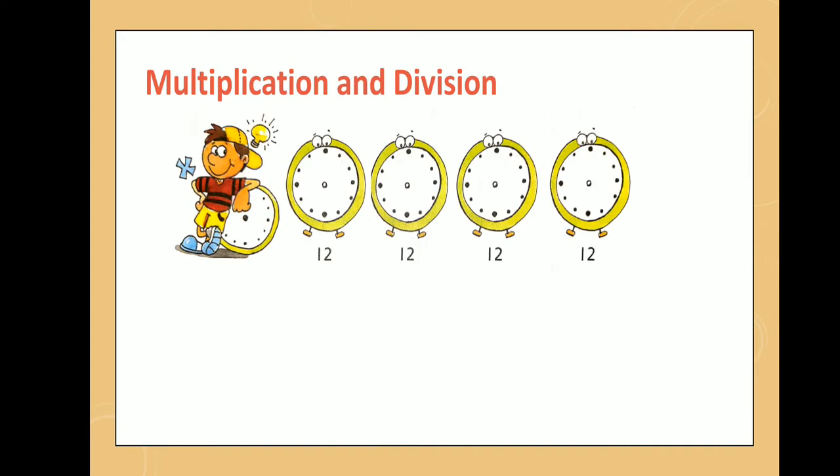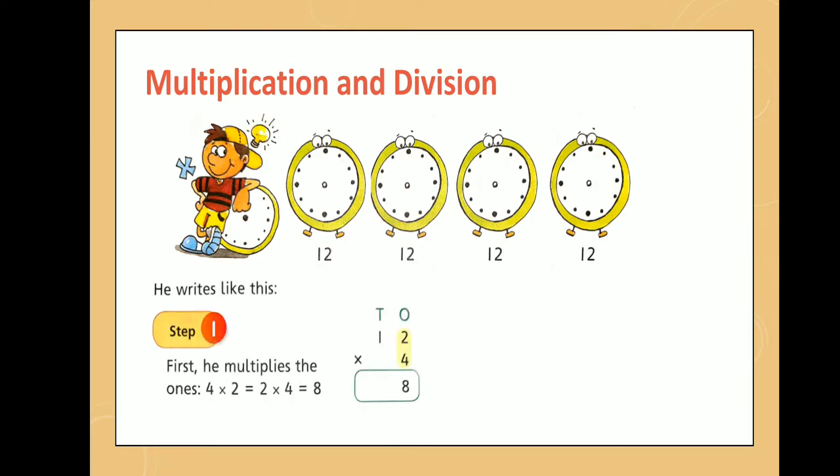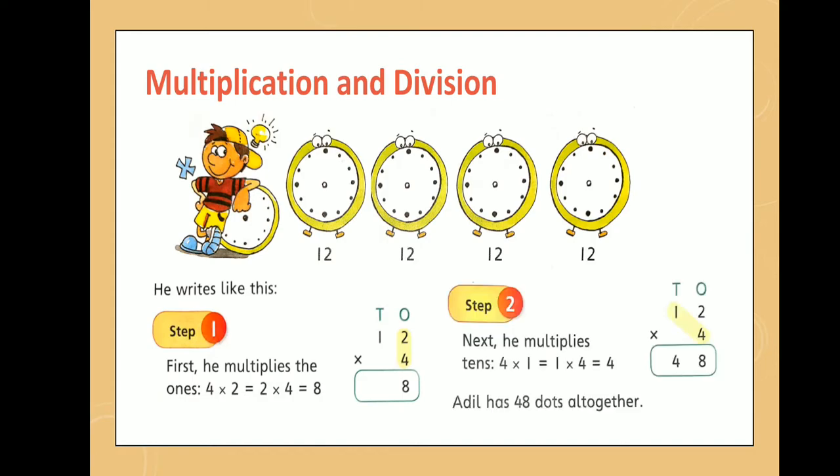For multiplication sums you must know tables. It is a simple and quick method. The sums are given in tens and ones. Start multiplying the sums by the table of 4, then you will get the correct answer. First multiply the ones: 4 multiplied by 2 is equal to 8. Then multiply the tens: 4 multiplied by 1 is equal to 4.